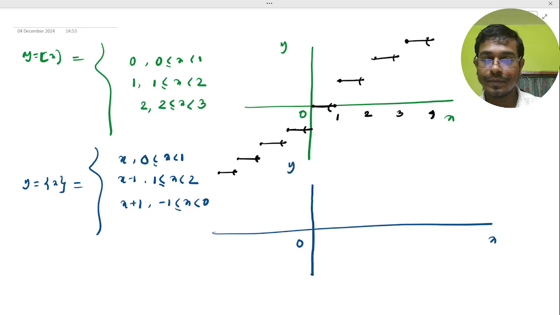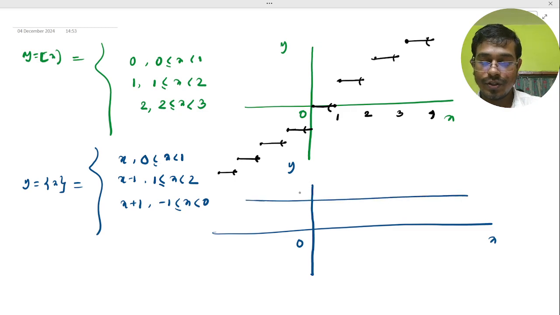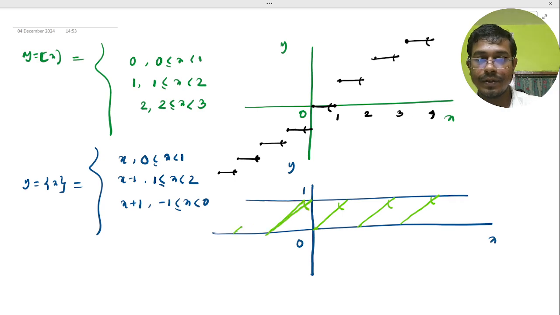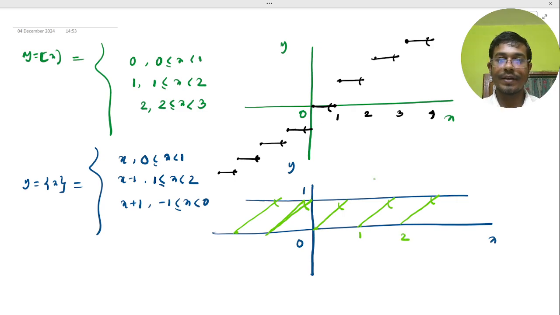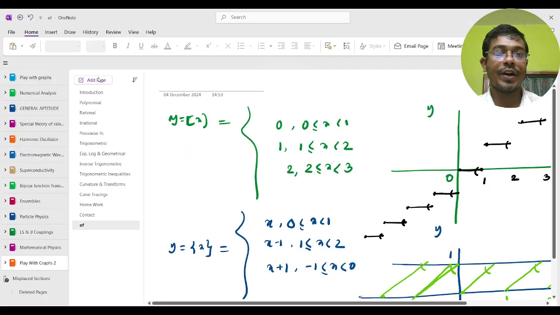Here is the origin, the x and the y. So this one is 1, and the graph would look like that for the fractional function, symmetric in the negative quadrant. This should be in this type, basically here 1, 2, and this is the graph for the fractional function. And go ahead to our next topic,